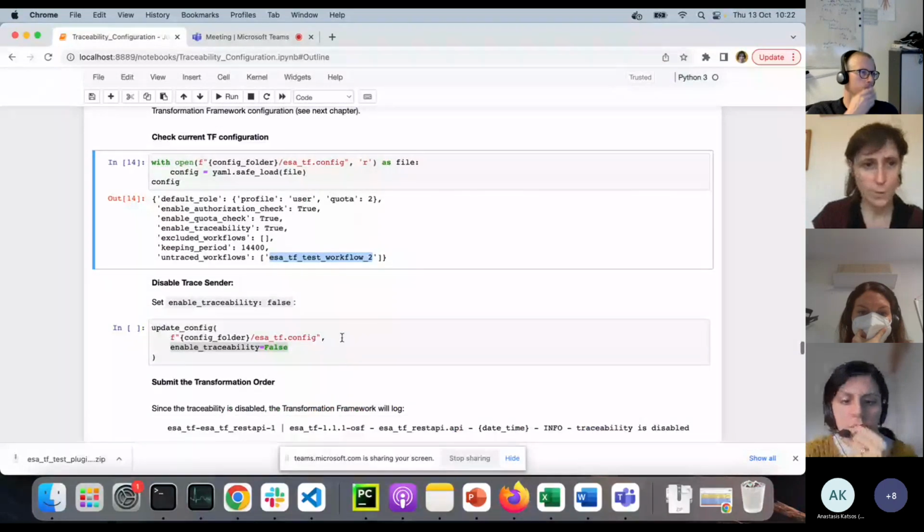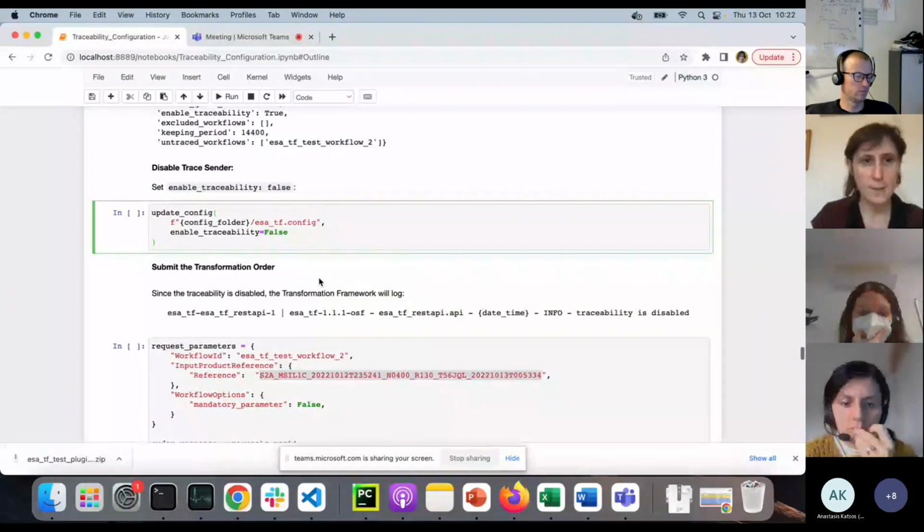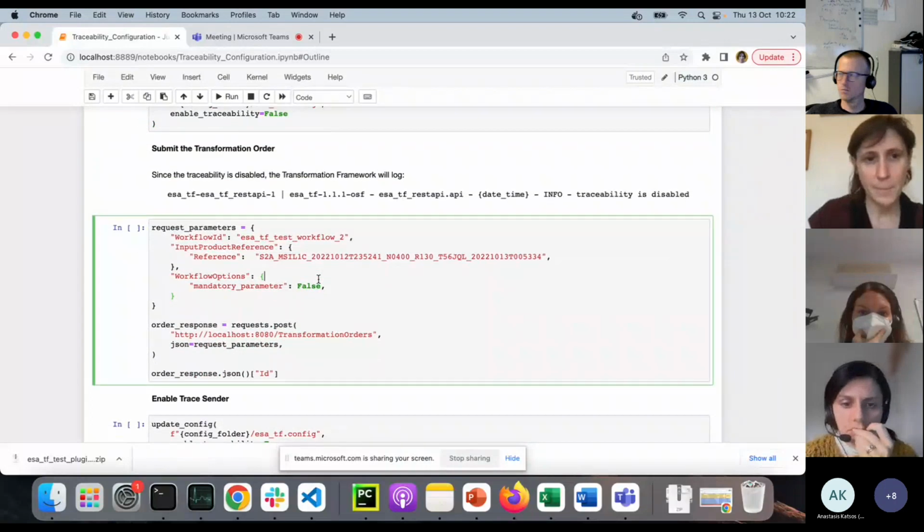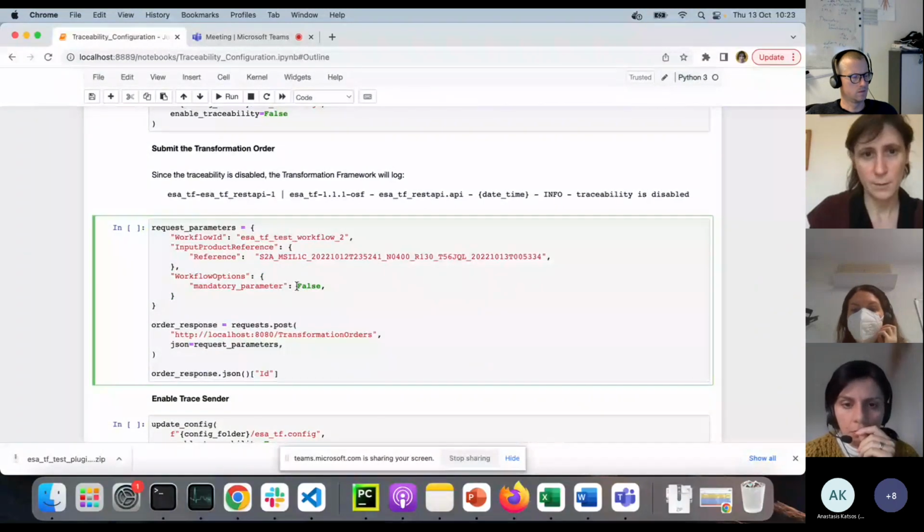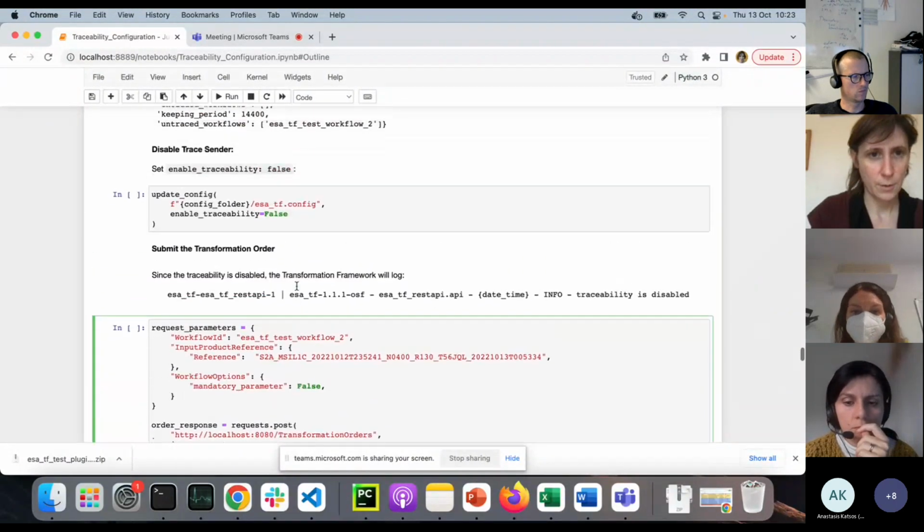So let's submit an order using the second workflow, and I expect that the transformation framework will log the information that, oh, sorry,